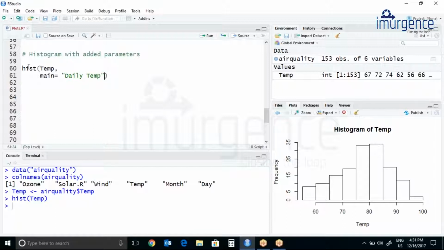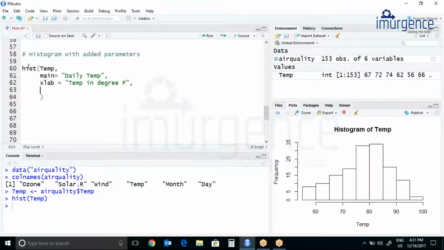I forgot to add a comma, so let's add a comma over here. Then xlab, temperature in degree Fahrenheit. Let's add a comma.